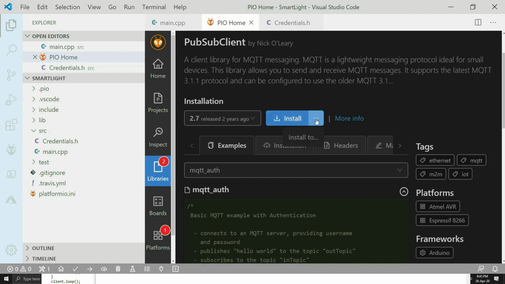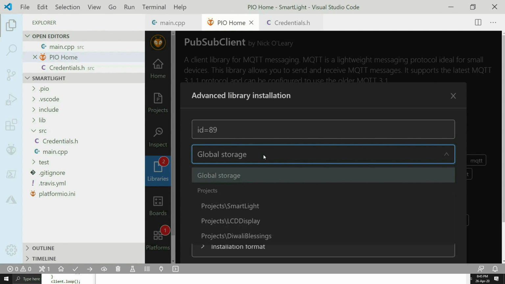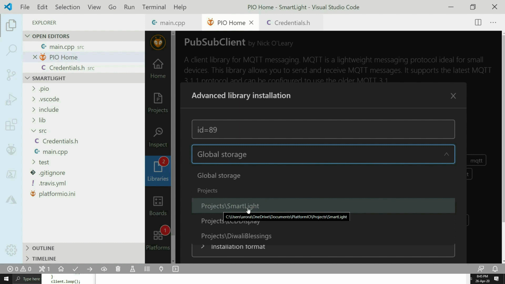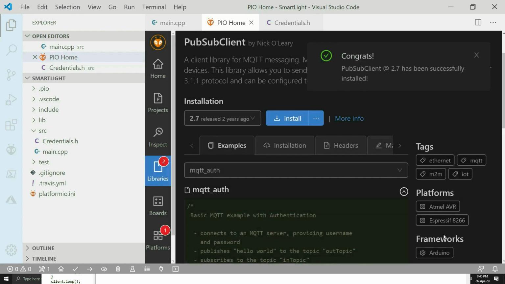Rather, click on these three dots and click on install to. From here, rather than choosing global storage, pick the project name. In our case, our project is SmartLight. Scroll down and click on install. This library has been successfully installed.